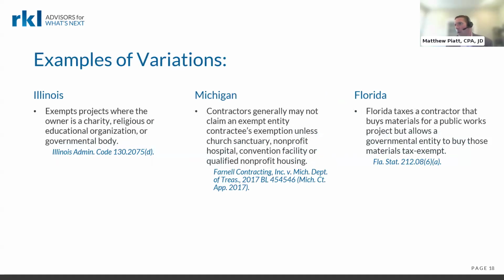And these are some of the specific examples of variations that we talked about previously. Illinois has very specific categories that qualify for the exemption. We see that Michigan contracting case there, and Florida is just complex in this area. They've got the special rule where if it's retail or a time and materials type of contract, they'll essentially move contractors into the retailer bucket, and there's a whole lot of variation in that state. So if you're dealing in Florida, make sure you read up on those rules, or get us involved, or another accounting firm that specializes in this area, because it does get very complicated and we see mistakes on a regular basis.